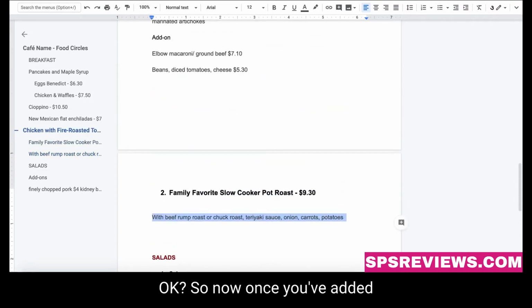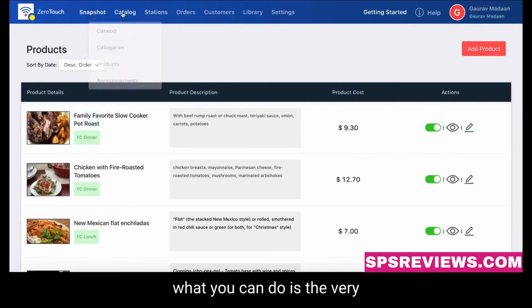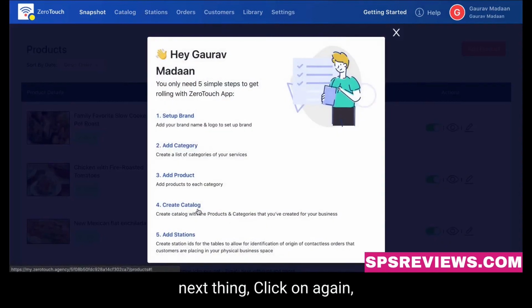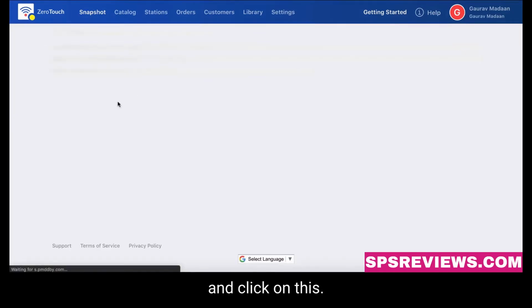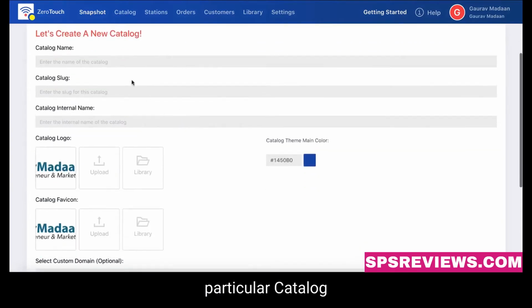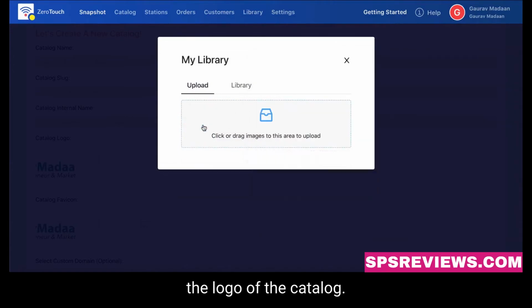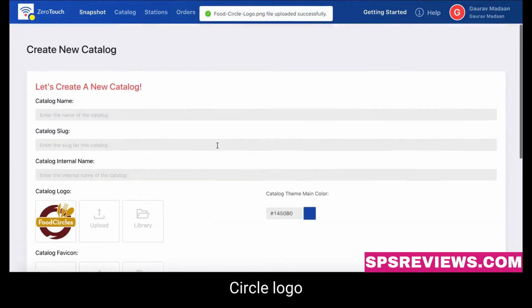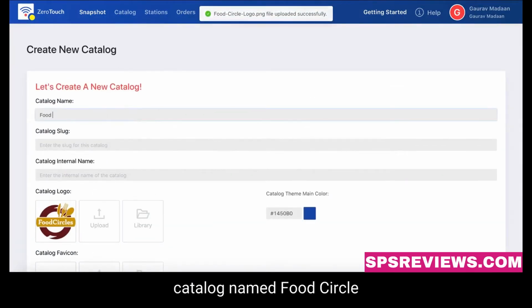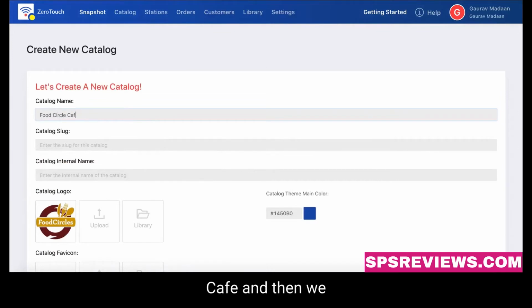Okay, so now once you've added those categories, the very next thing you do is click on the getting started button again. The categories are added, products are added, brands are set up. Now we have to go ahead and create a catalog with these products and categories in them. So we click on this, we create a new catalog, and we're going to upload the logo of the catalog. This is going to be the Food Circle logo, and we're going to have this catalog name Food Circle Cafe, and